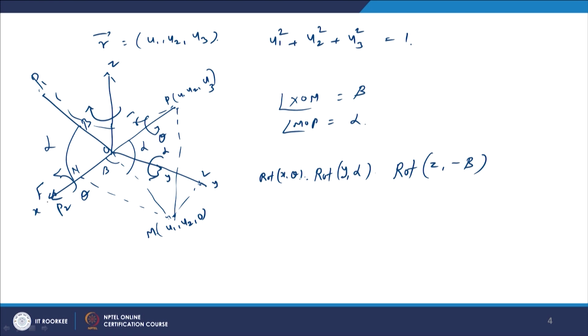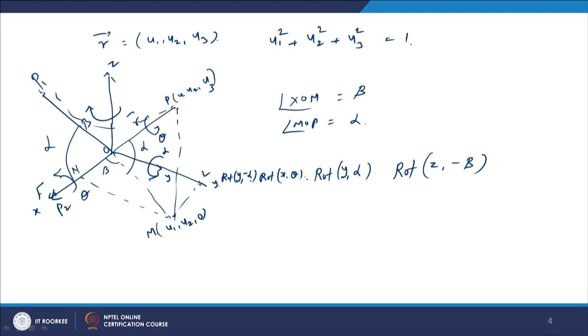So, the OP2 will be taken back to the OP1 position by making a rotation about the y axis in the opposite way. So, we have to multiply in the left side by a rotation matrix about the y axis by an angle minus alpha. So, it has come to OP1 position. Now, it should be taken back to OP position in the reverse way. So, we have to multiply by a rotation matrix